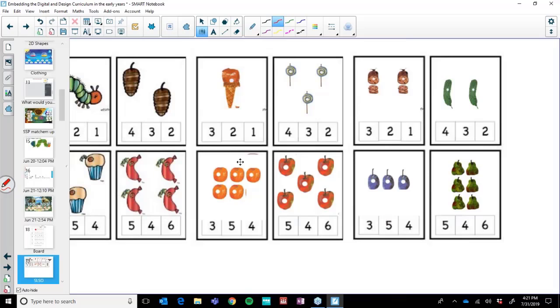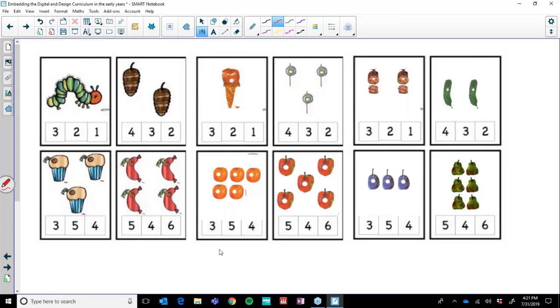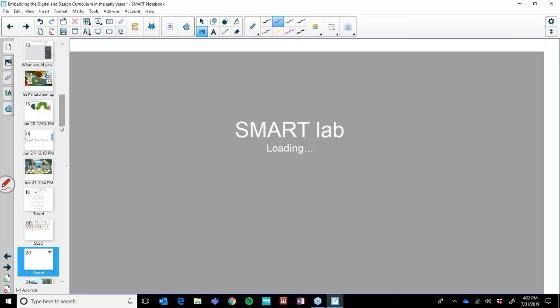Now, if we get time, I will show you SLSO, but we are quickly running out of time. I do realize we've only got 9 minutes and I haven't quite gotten to the rest of this lesson. But basically, we pushed this into SLSO, turned it into a handout, and our students used this as an assessment. So what they had to do was circle whether that was one caterpillar, 2 acorns, so on and so forth. They screenshot that and shared it to Seesaw, which they were very competent in. What I'm going to do is quickly skip ahead.